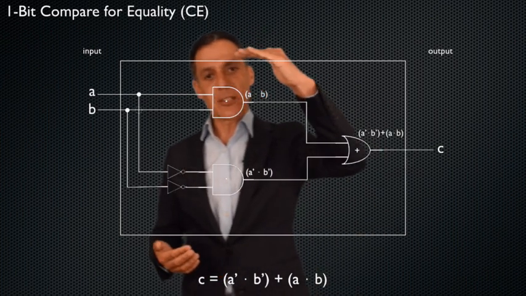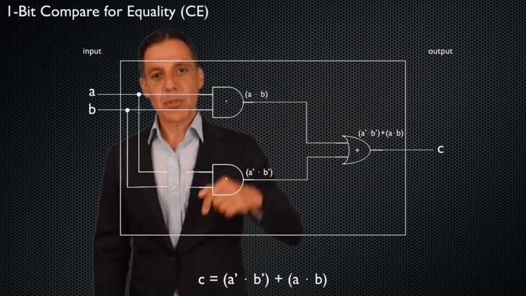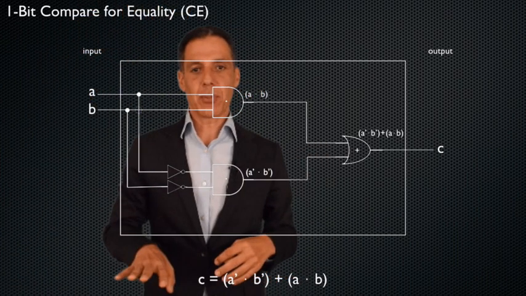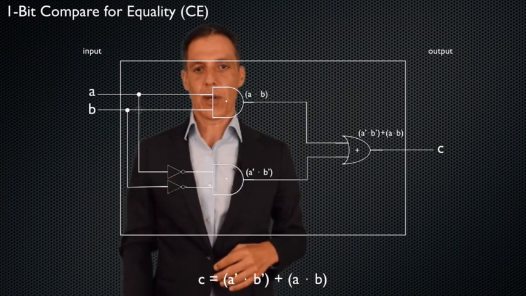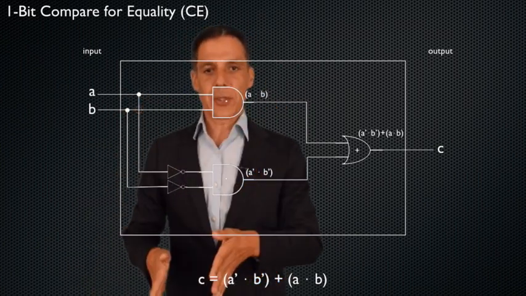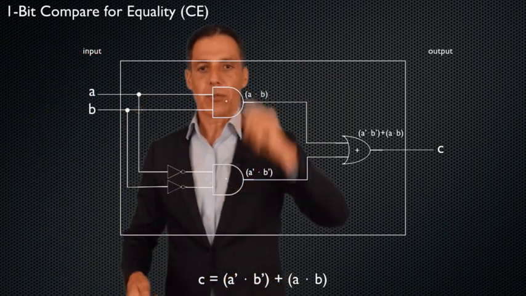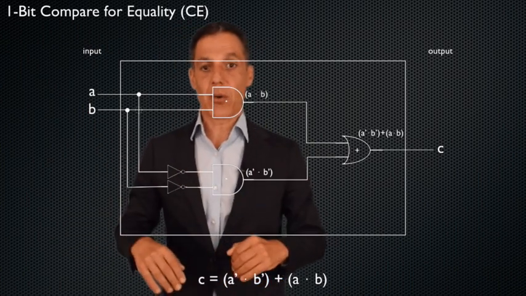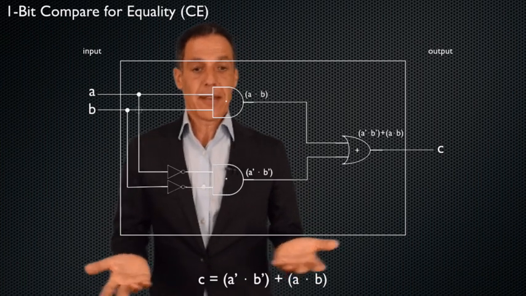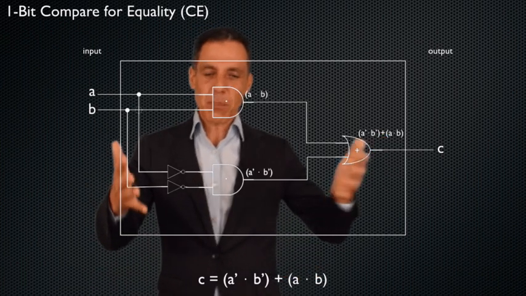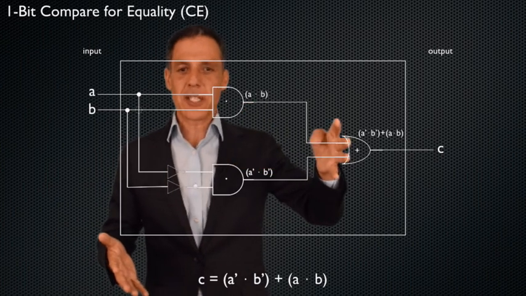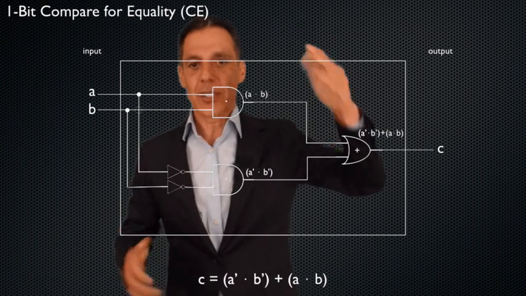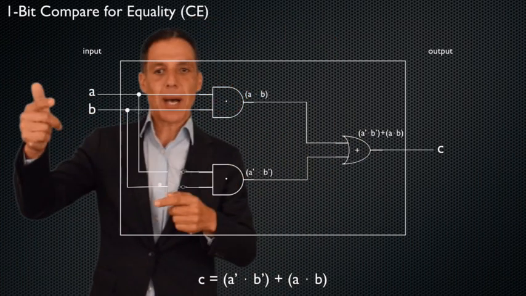That truth table in step 1 gave the computer the answer. What did you say? You said, look, here are all possible sets of inputs, 0, 0, 0, 1, 1, 0, 1, 1. And here's all the outputs associated with that. So when you see 0, 0, output 1. When you see 1, 1, output 1. And then all the other times output 0, you gave it the answer. And now what it's doing is simply, I mean, it is computing it because it's pushing it through the circuitry, but you're the one who did all the hard work. You're the one who told it what the answer is, and now it's simply doing that for all possible inputs